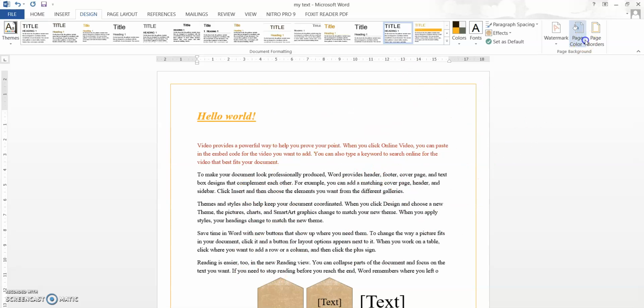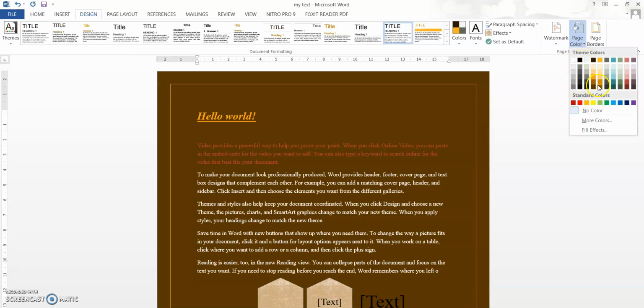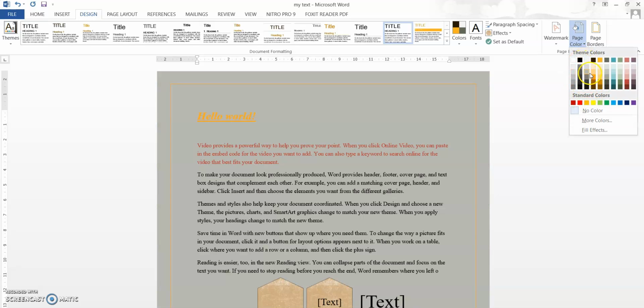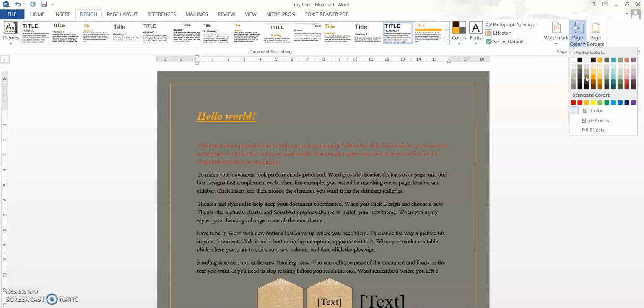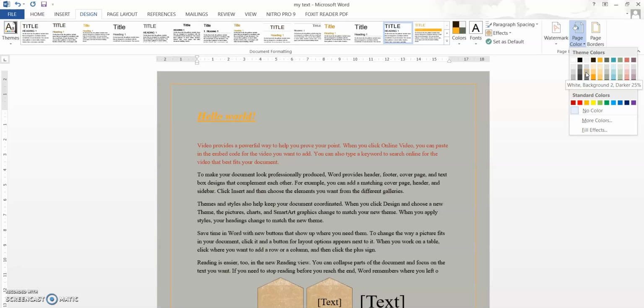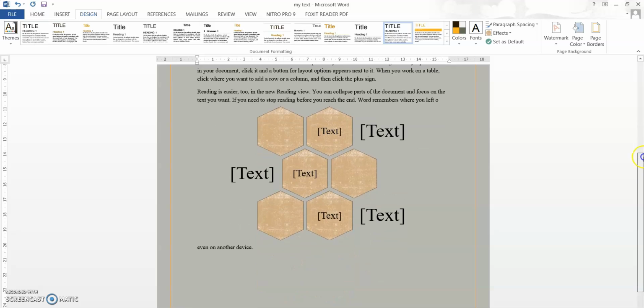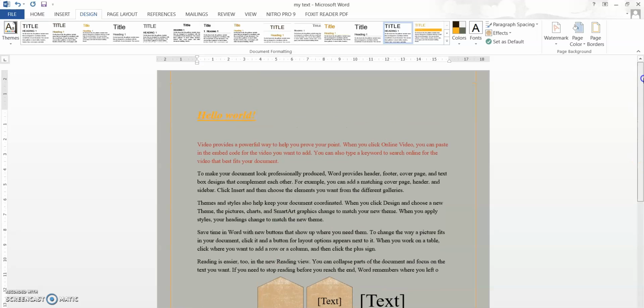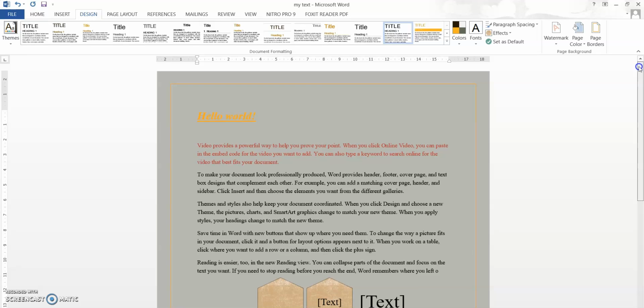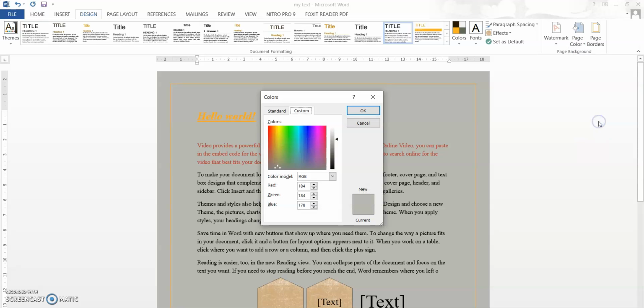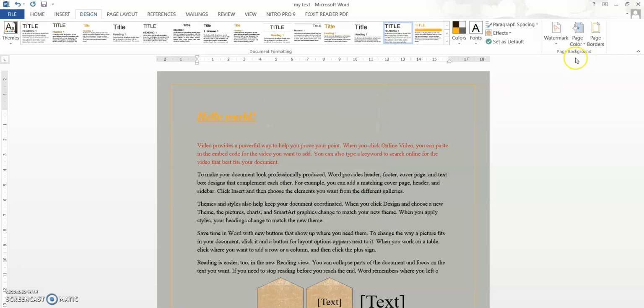So the next is page color. You can apply page color also and check which one is actually nice. Generally yellow is my favorite color, and the contrasting color for yellow is actually gray. So let me select gray color. Okay, so this is how the page will look. You can actually add more page colors, you can add different styles also, more fill effects, more colors, you can search for more colors, standard colors, custom colors, many like this are available in Word.